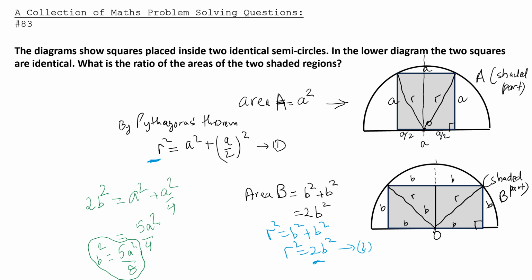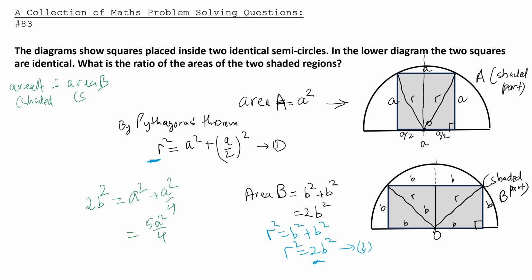No, we don't have to do this part. Right, we don't have to do this part because we just have to do this. That is 5A square out of 4. Just have to leave it like this. The reason is, because this is the area of the part B. So if we say area A shaded to area B shaded,